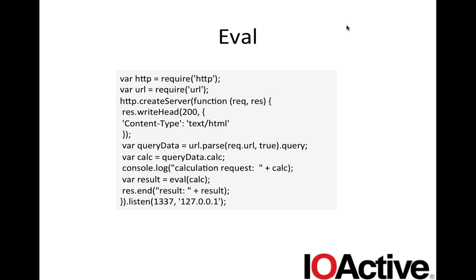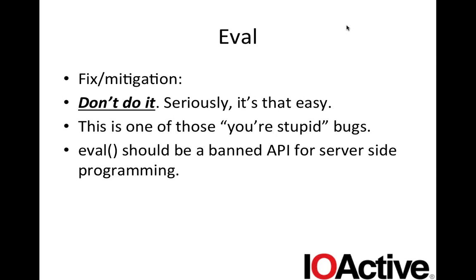So that sort of covers the modern web app stuff, the stuff that's known, the stuff that you see on pretty much any given web app review. Now we move into what I call classic web security bugs. This is sort of the nostalgia bugs of the 90s that you would see in these Perl scripts, and it turns out a lot of that stuff sort of rears its head again in Node.js applications.